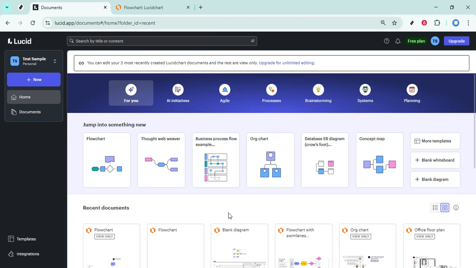First, open your browser and go to lucidchart.com. If you're new, you may be asked to sign in or create a free account. Follow the prompts so you land on the home screen or template gallery. This is the hub where you'll see featured options and quick starts. Keep your goal in mind, maybe a flowchart, an org chart, or a mind map, because that will guide what